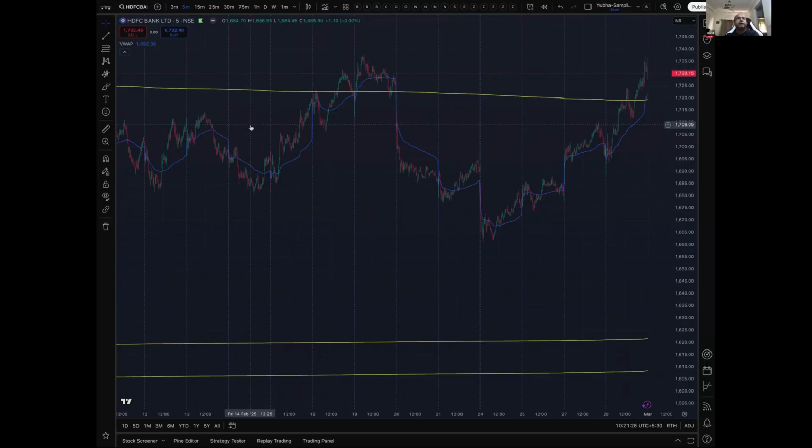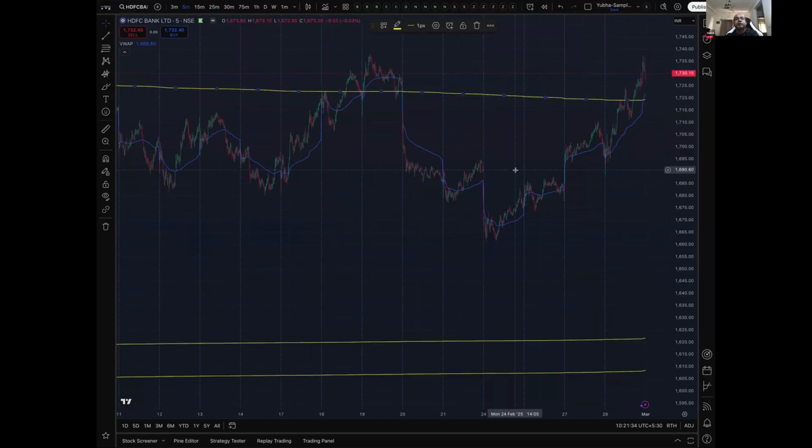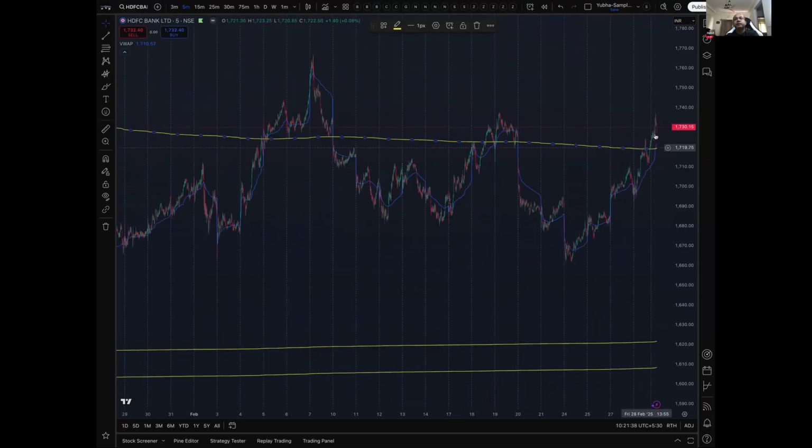So as long as prices stay below this daily top that we had looked at, then you'd only look for short trades in that particular stock. After the prices move above this, you'd look for long trades. But if your time frame is 3 minutes or 5 minutes, then you would want to plot a VWAP on top of that to see what you do intraday. If you plot an anchored VWAP from a,